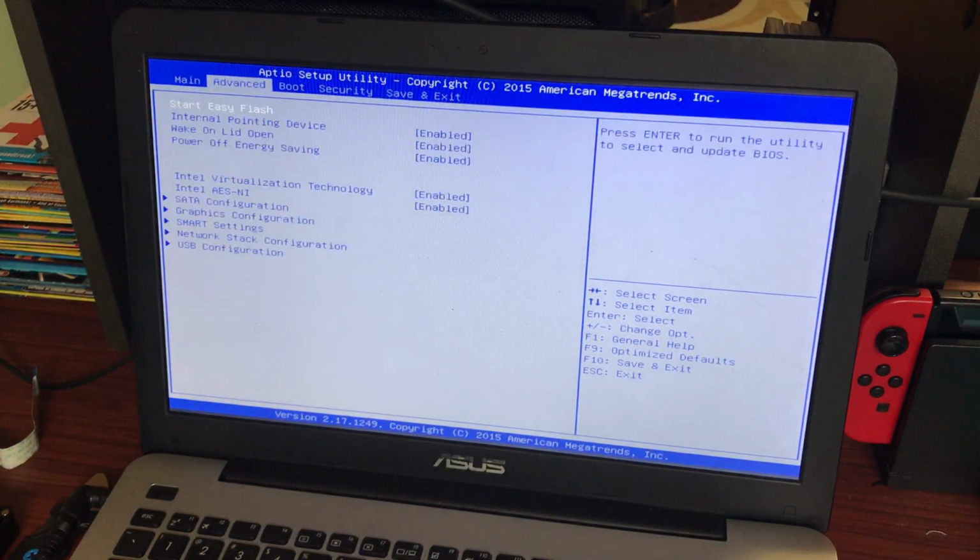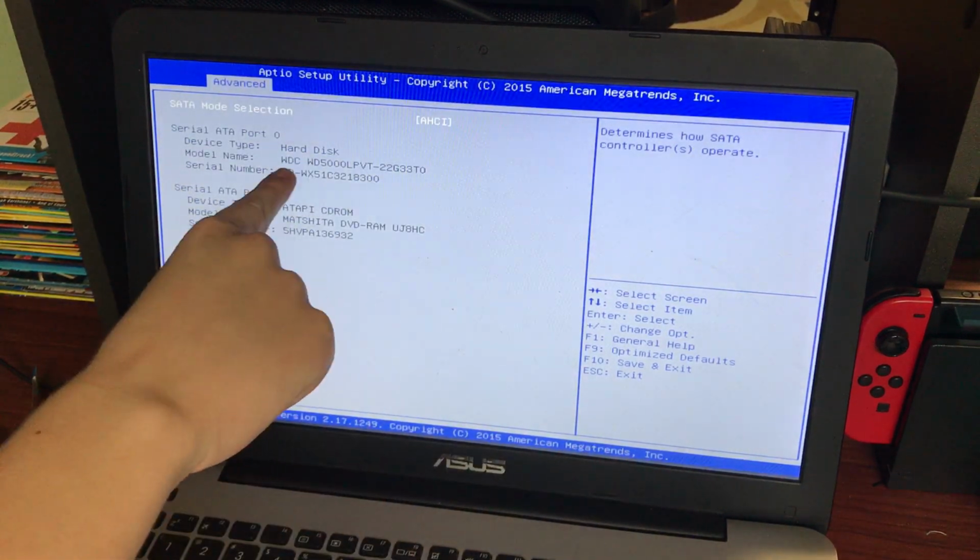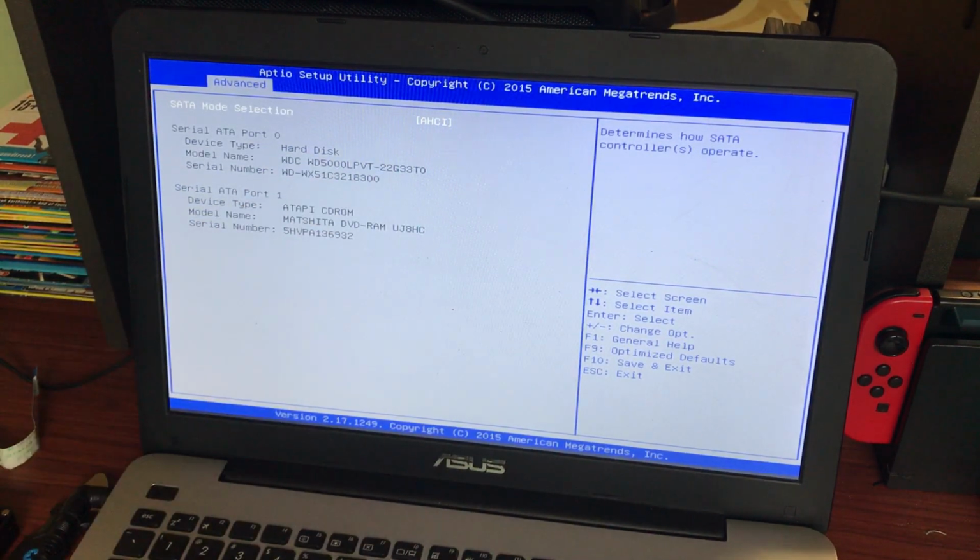Alright, let's see this thing. Advanced SATA configuration. There we go, hard disk, WDC, WD500, LPVT, dash blah blah blah. And now we've just got to sit around for a cool...